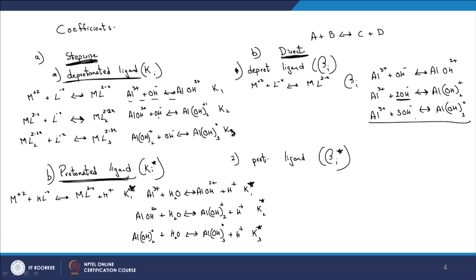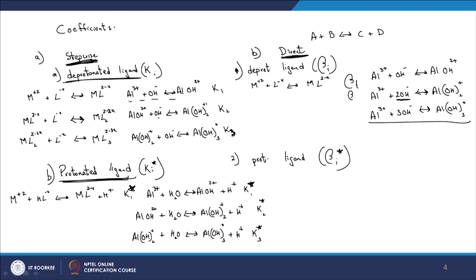So again the key is that we now have a direct addition of the ligand, again beta 1, beta 2 and beta 3, right. So generic form, maybe if I can write that down, M^(+Z) plus 2 L^(-X)